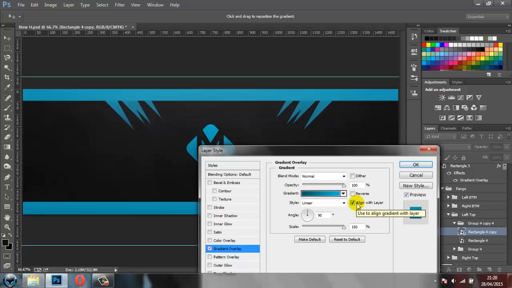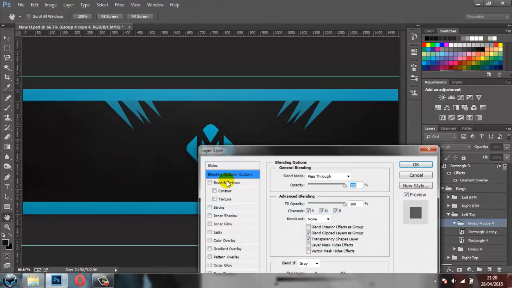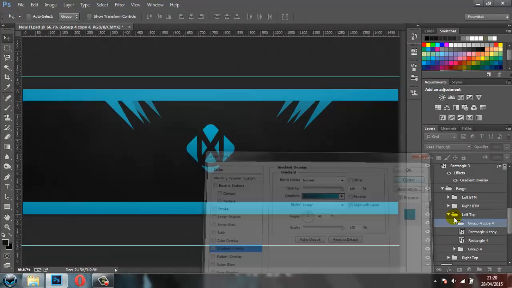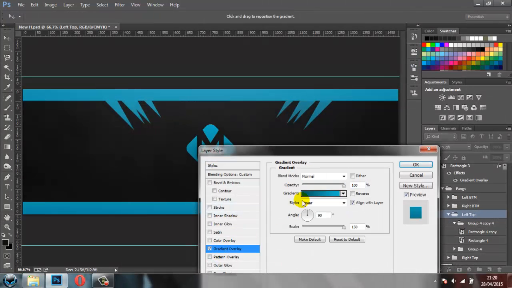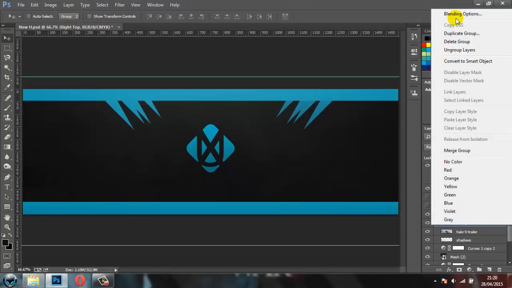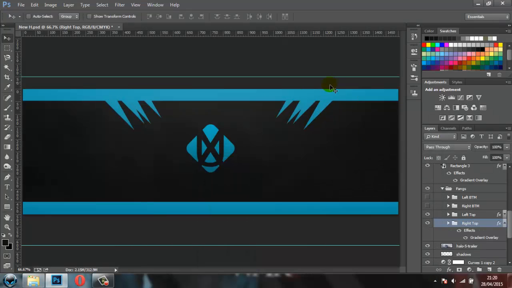Obviously it's coming up there like that. So I actually want to highlight the whole layer, or the whole group rather. Do the same. I could do it like that. I could grab the whole group folder if I wanted to, and do that. And I could just make it as it is, like it's sticking in on the background. So I'm going to do that. And I'm going to do the same on the right, like that. So they look like they're actually inside the top there,